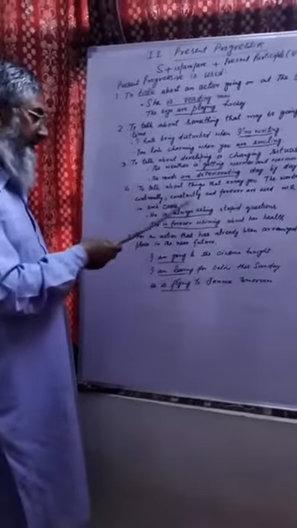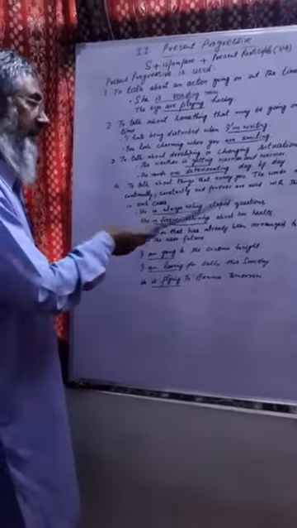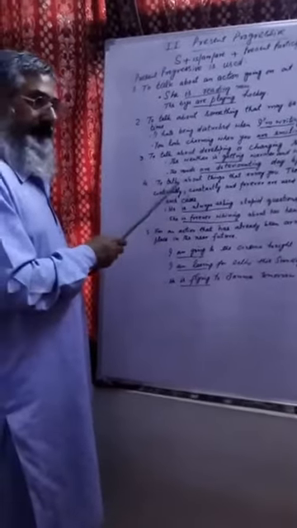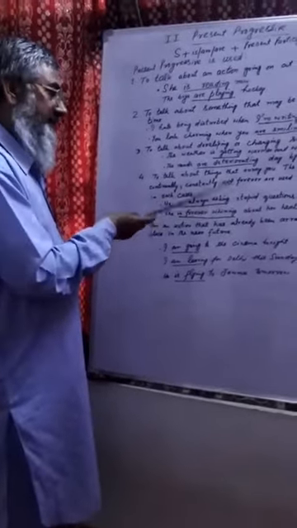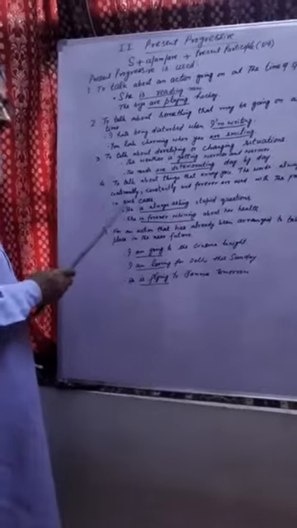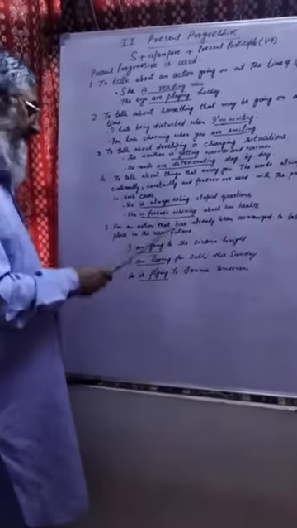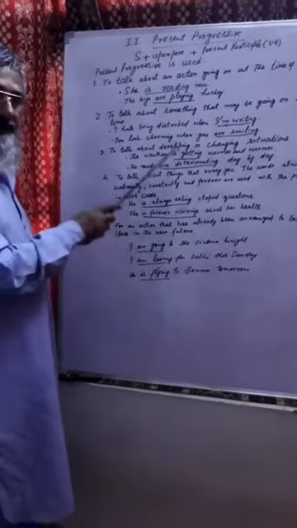With annoying things, we use present progressive. And remember, we use some adverbs like always, forever, continually, constantly, with the progressive form in such cases. And number five, for an action that has already been arranged to take place in the near future. And in these situations,